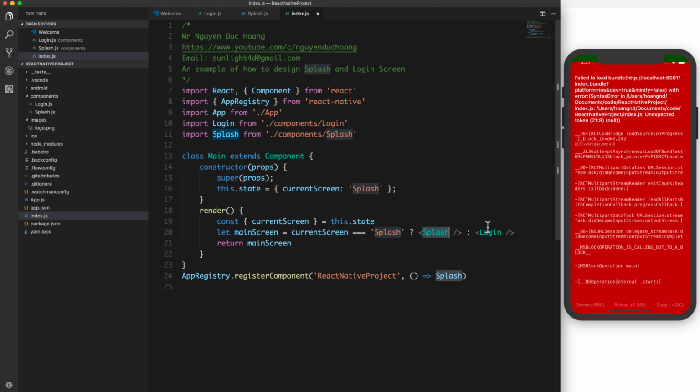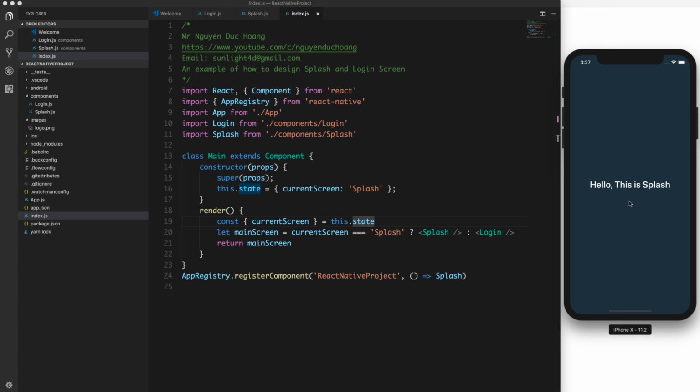If it is splash, the main screen will be the splash screen, and otherwise it will be the login screen. We have the main screen object here. Sometimes it will be splash, sometimes login. Okay, so